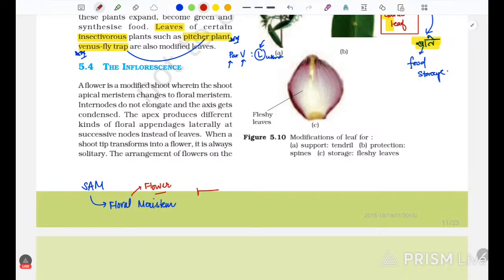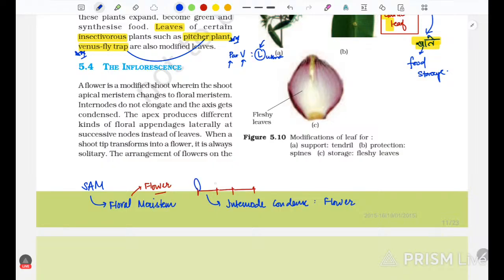और होता क्या है, देखो ये जो internodes होते हैं, ये इसमें condense हो जाते हैं, elongate नहीं करते। ठीक है, तो दूसरी चीज़ हमें क्या याद रखनी है कि internodes जो हैं वो condense हो जाते हैं, और अगर वो condense हो रहे हैं तो वो जाकर के flower बना रहे हैं।